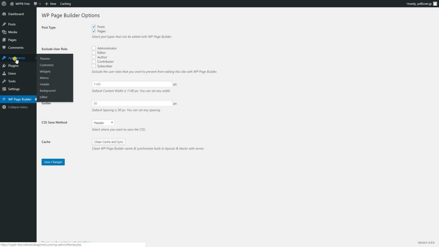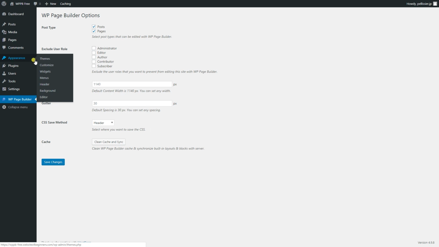You can also go to their website. They've got a lot of themes themselves, and you can sign up for that and use one of their themes. And I actually believe if you use their themes with WP Page Builder, it goes very well together. It's complementing each other. But if you want to use the free WP Page Builder, plus you want to use a free theme,